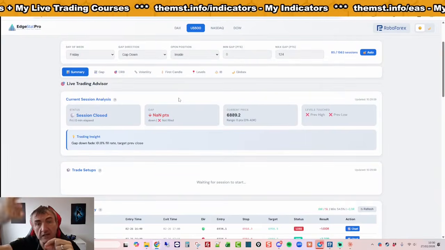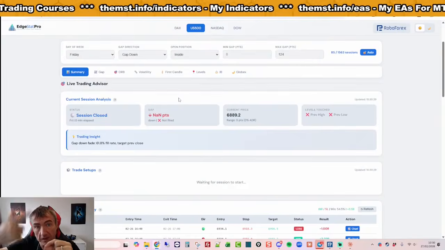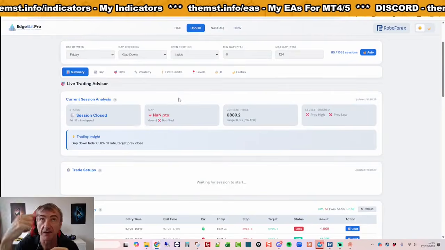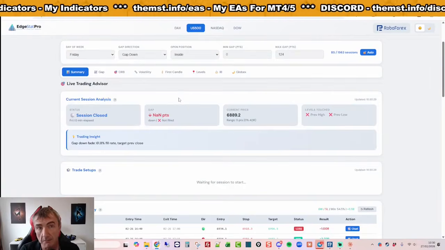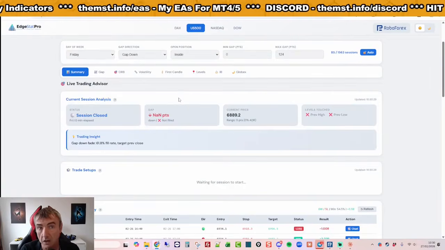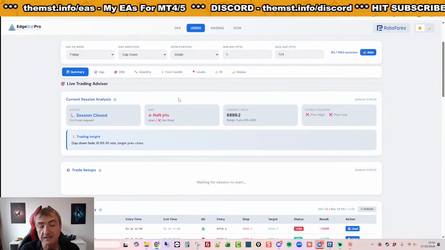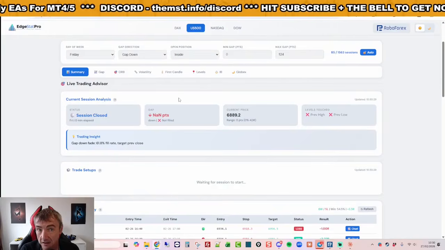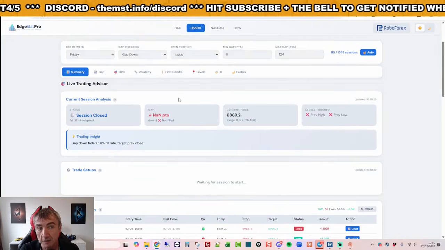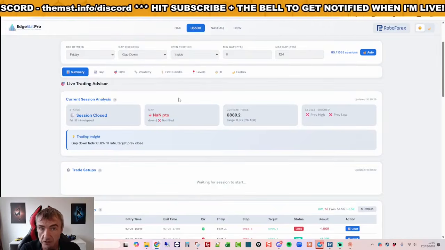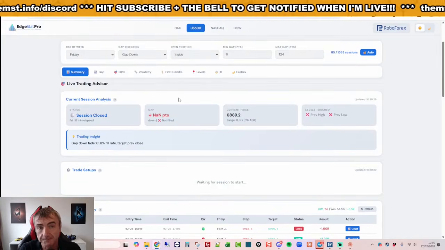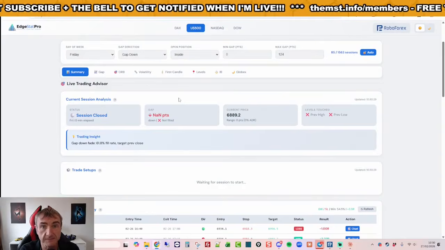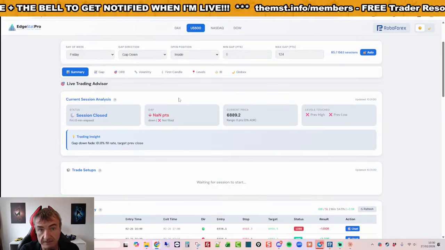Pivot points, I've no idea. Do they regularly test them? Do they regularly hold? What I'm looking for is, where's the market going? I don't care what lines you put on a chart. The market is going to test Globex high or low with a probability. It's going to test yesterday's high and low session with a probability. It's going to test yesterday's close when it gaps with a probability. Pivot points are an indicator. I can draw a line on the chart as well as you can, but what's the point in that? The market moves because the market targets price points with volume, and that's what this is analyzing.